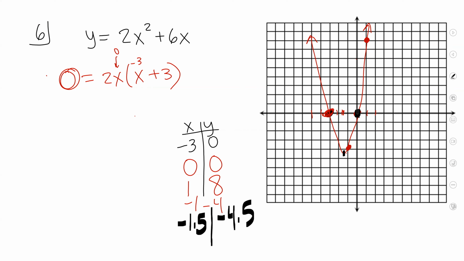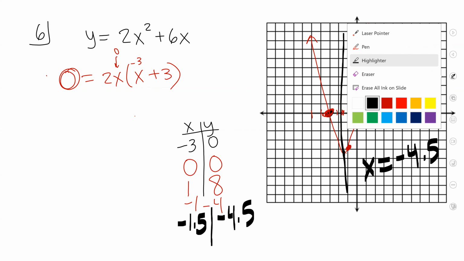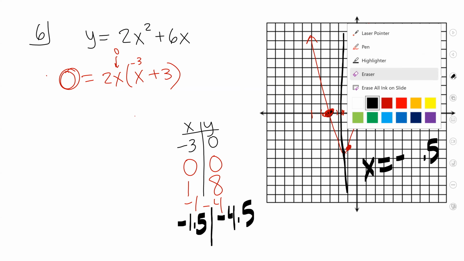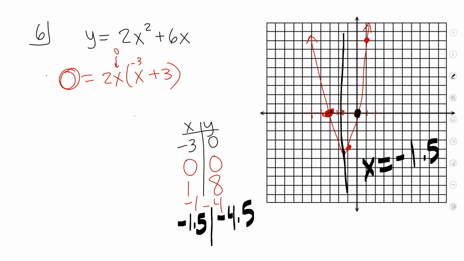Yep, so the axis of symmetry would be x equals -4.5. Yes, that's the axis of symmetry. Oh, sorry. Yes, sorry. -1.5. That's the axis of symmetry. It goes through -1.5. Any other questions? All right,